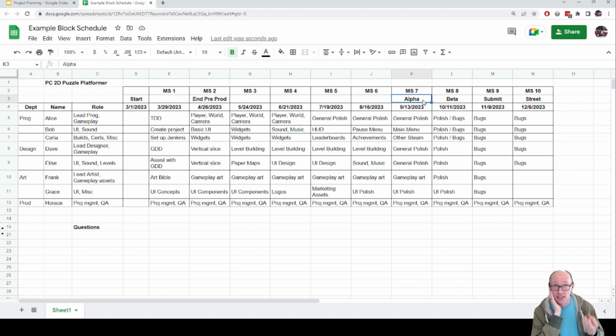Everything that functionally needs to be in the game is in the game. All the levels, all the widgets, all the player moves, all the user interface, etc. It's all there. It may just need a bit more polishing. So that's the state that you need to hit by 9/13 in this case. And then one milestone later, 4 weeks later, we hit beta. And that means pencils down on polishing. No more polishing after you hit that date.